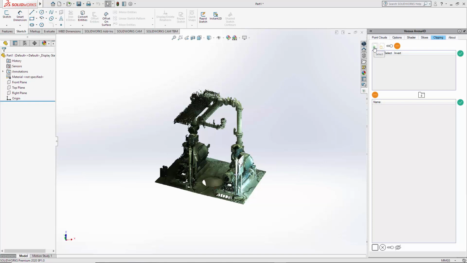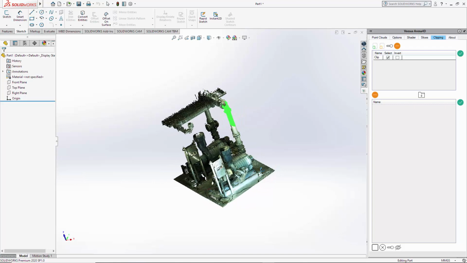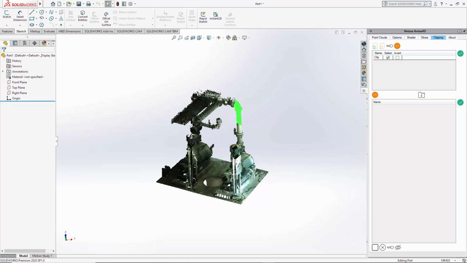The select option here, the green box, simply draw over the point cloud, double click to finish, and you can see we have selected this part of the point cloud as highlighted. This created a clip which you can rename here,